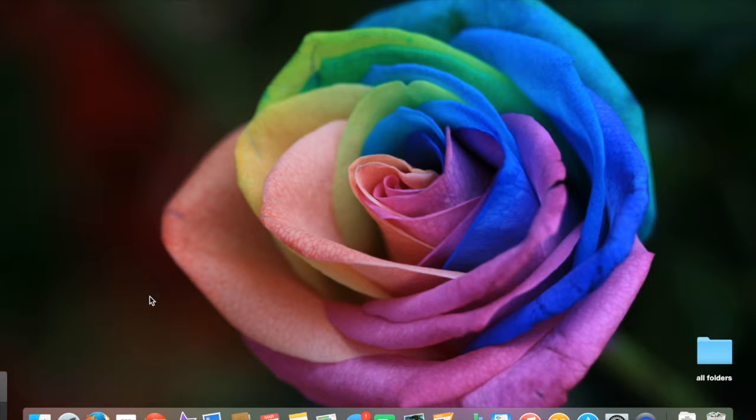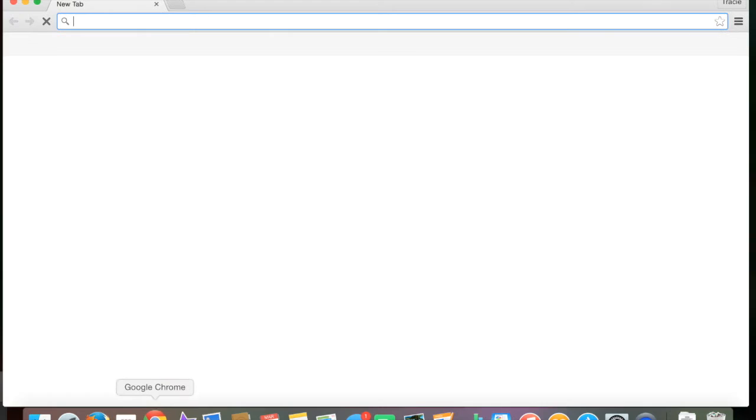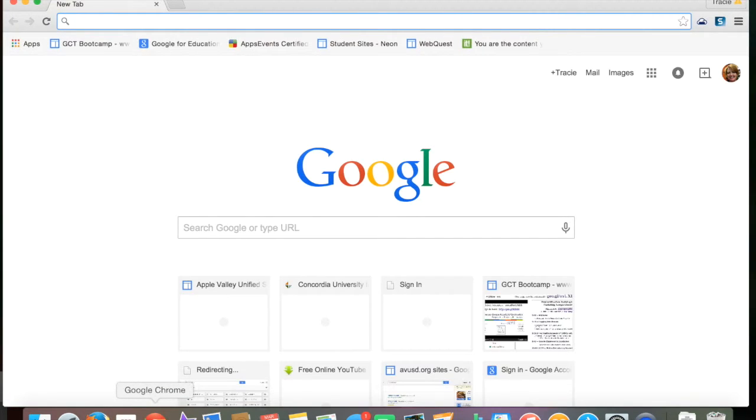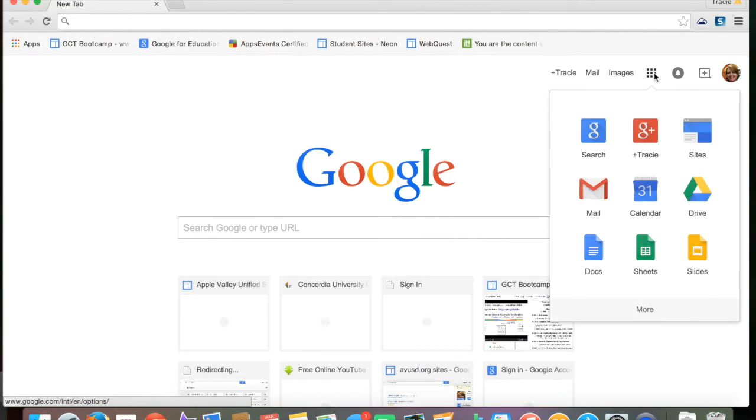Okay, first thing you want to do is you're going to come down here and you're going to open up Google Chrome. When you open up Google Chrome, it's going to direct you into an opening page here. And in that opening page, I'm going to want to go to my Drive. You should look for a little icon that looks like this. We've been calling it a waffle at school. So I need you to click on your waffle, and in your waffle, you're going to see the icon that takes you to Google Drive. Google Drive is this triangle right here with the three different colored sides,